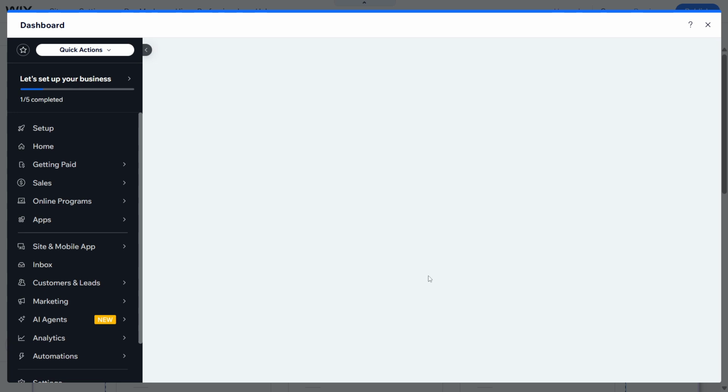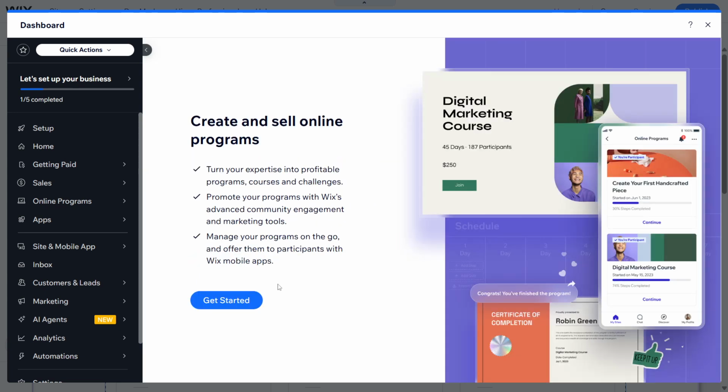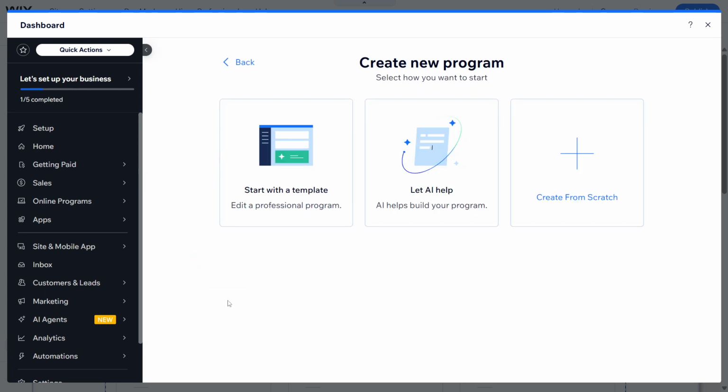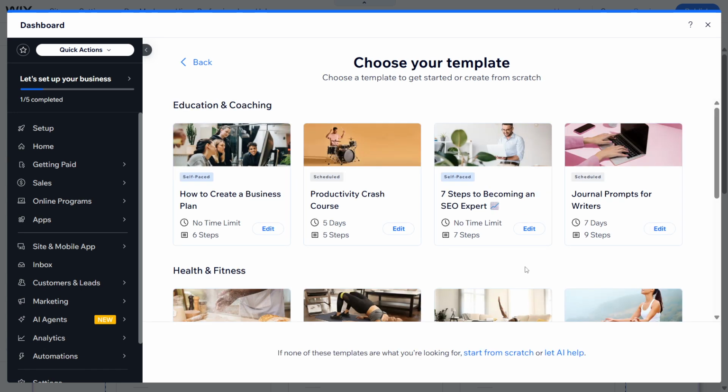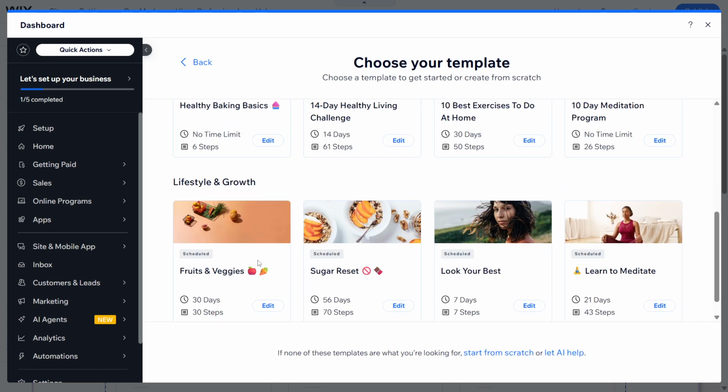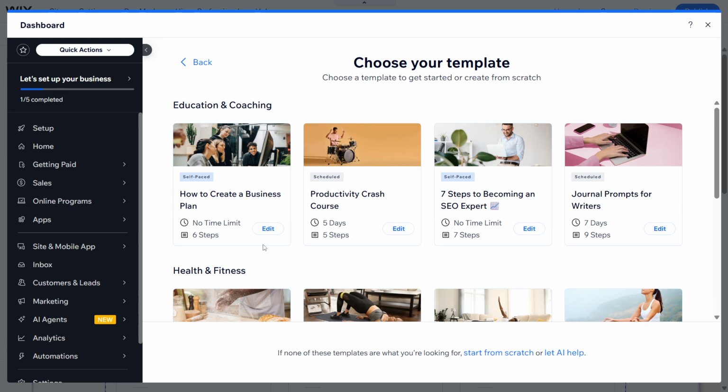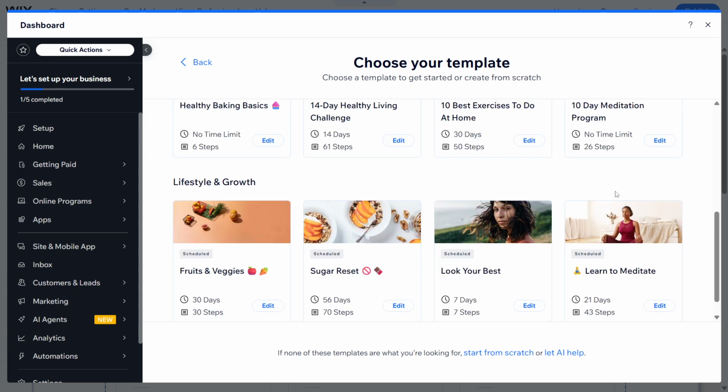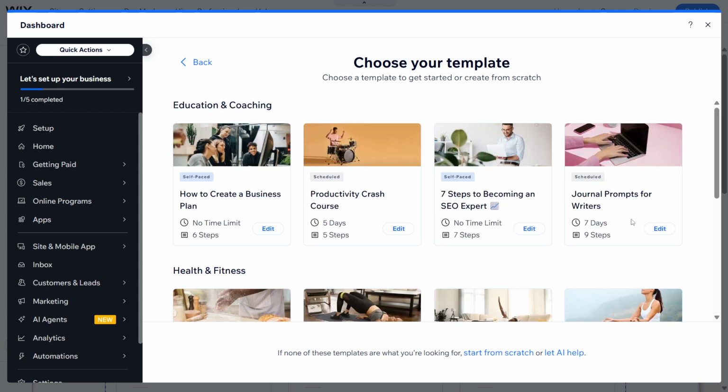By following these straightforward steps, you've learned how to add and configure the Wix Online Programs app on your website. This tool will greatly enhance your ability to run online classes, workshops, or any other program-based offerings you may have. Be sure to explore all the features this app provides and customize your program pages to make them unique and engaging for your users. Thanks